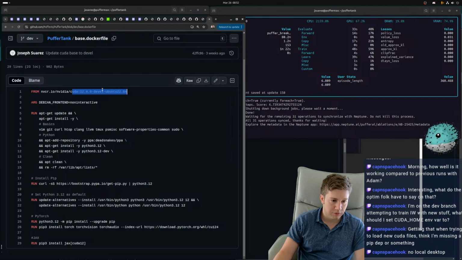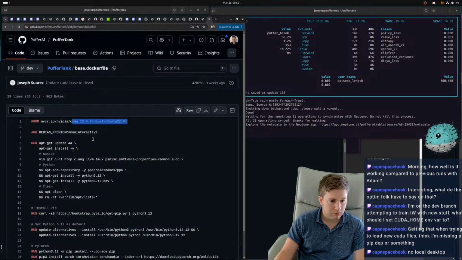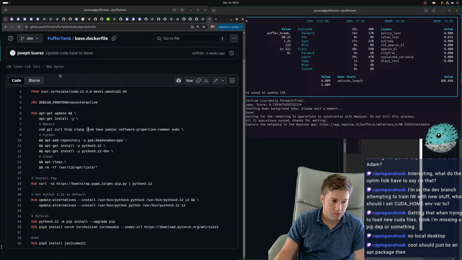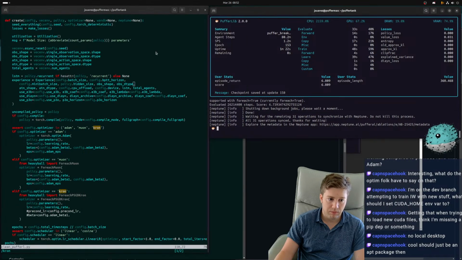You need CUDA development version. Without dev, you can't build. You can't build like the new extensions and stuff. Though I don't actually know why that would be a problem in your case if you don't have like our advantage estimation stuff. But this is what we have at the moment. Yeah, you can probably get like CUDA dev or whatever. I'd have to see the exact error.